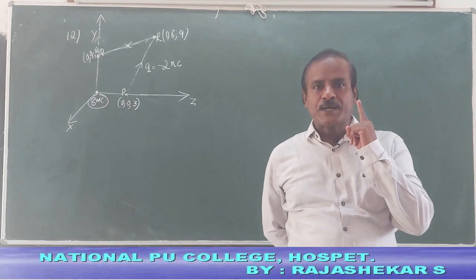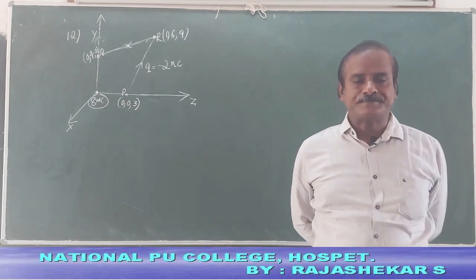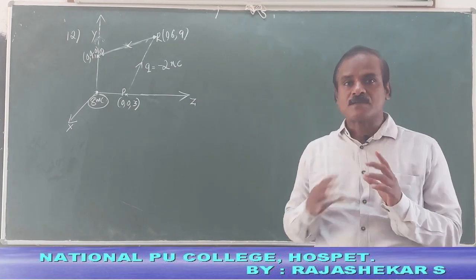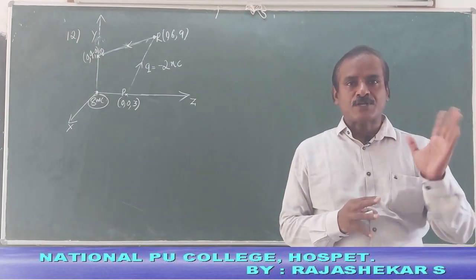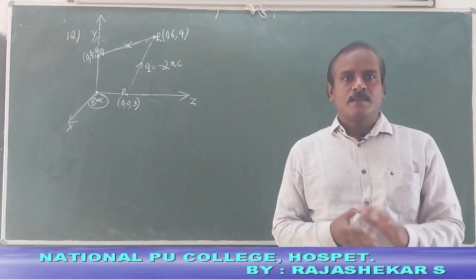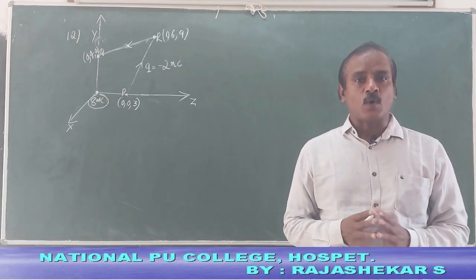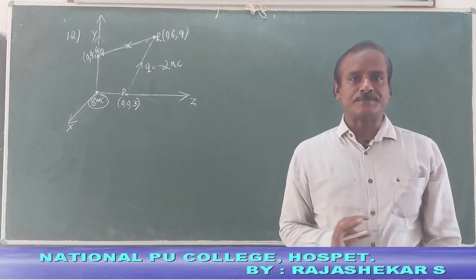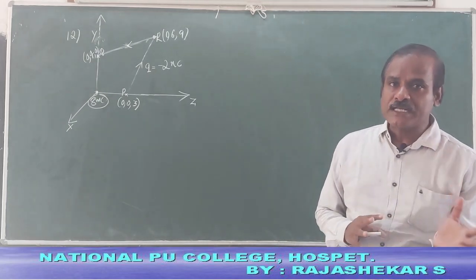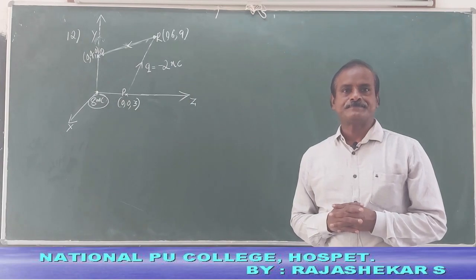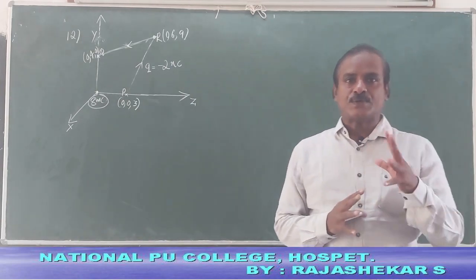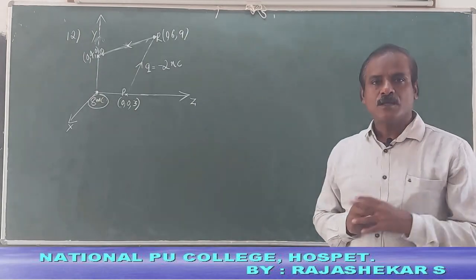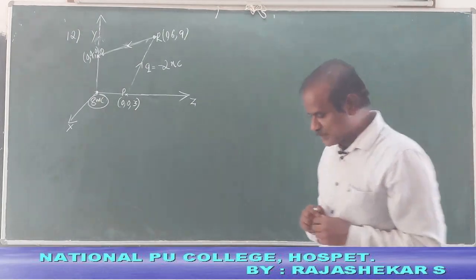And you remember, electrostatic field is a conservative field, because electrostatic force is a conservative force. And you know what is a conservative force? Like gravitational force is a conservative force. The work done does not depend on the path followed. It depends only on the initial and final position. Henceforth, you should understand the work done is equal to potential difference into charge. So I write here the solution.